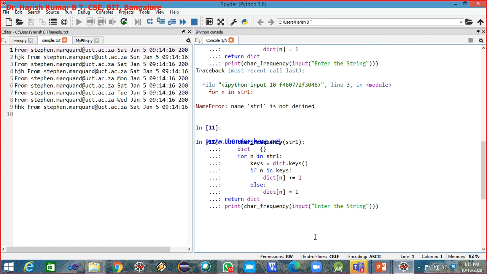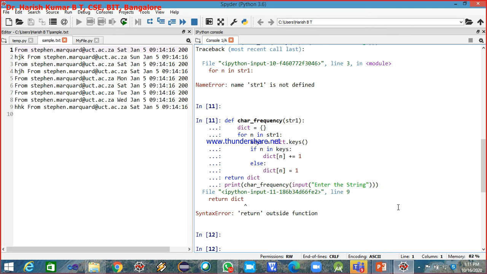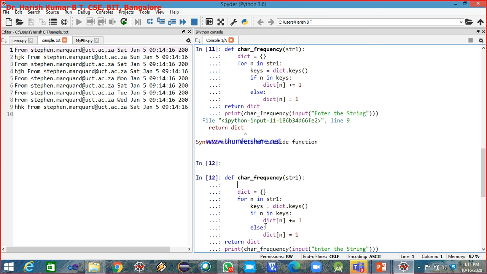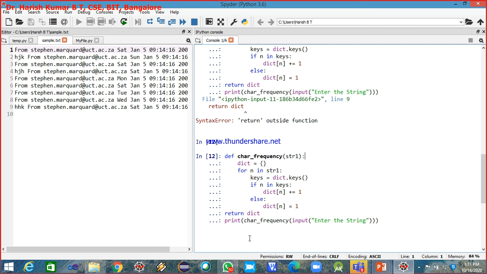Okay, I hope this is correct now. Return is outside the function. Okay, it should be inside. It should be outside the for loop, but return should be inside the definition. That's what I told. So this is the difficulty with the Python programming language. The rest is all easy, but only this indentation problem is the difficult thing. Now what do I have to do?